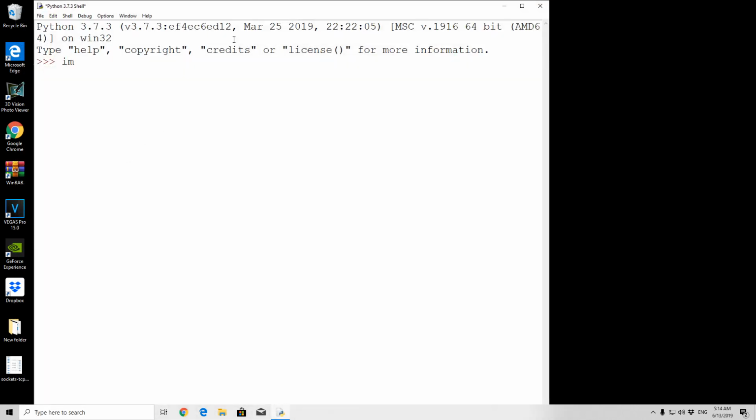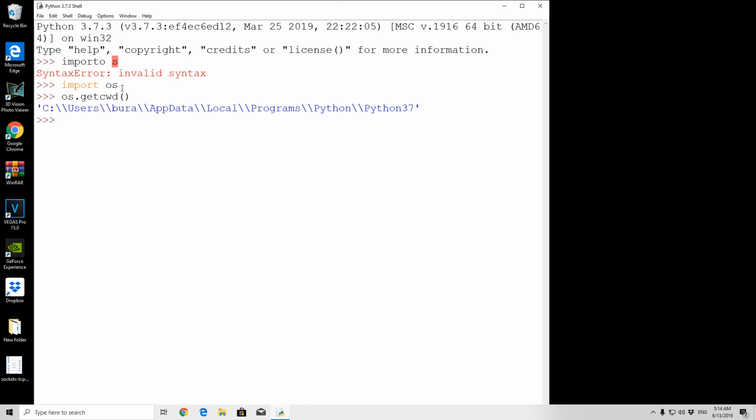Right here, import os, os.getcwd(). We'll copy this as usual. os.chdir to the, and then Desktop. Then we will from PIL import Image, and right here first of all we will open an image, so